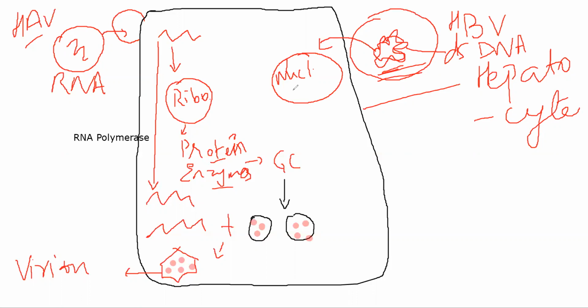And what it does is, once it attaches to that DNA, it will cause one particular enzyme called reverse transcriptase to form. Once again, let me draw it in this way. Let's suppose this is your human DNA. The first thing this fellow is doing is coming and attaching into your own DNA. Let's suppose a small strand has attached like this. From this, one thing it will do is make an mRNA molecule, a viral mRNA molecule, and this mRNA molecule will now use the ribosome to make more proteins, let's suppose proteins of HBV.